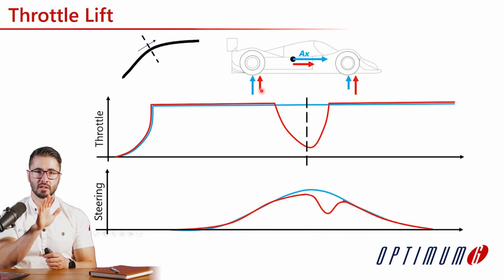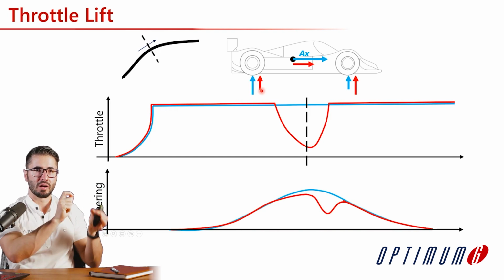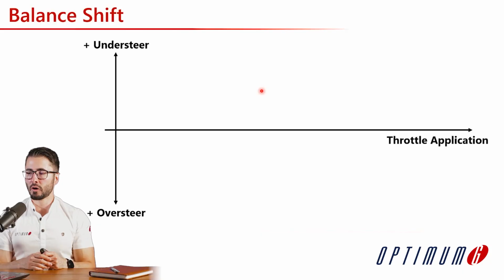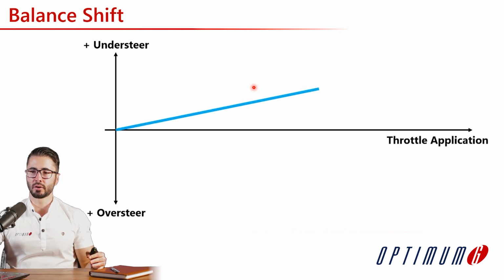Once the driver is releasing the throttle, we can see the driver applying corrections on the steering wheel as a consequence of that. We have to understand that when the driver is lifting, it's changing the speed, but also the balance of the car. If the limit here was just the balance, maybe more throttle would actually help. If the issue was really carrying too much speed, then obviously lifting the throttle would be the solution. So for the throttle, in summary, as we apply more throttle, we are going to go more in the understeering direction,